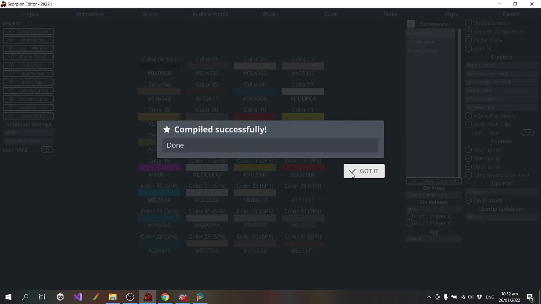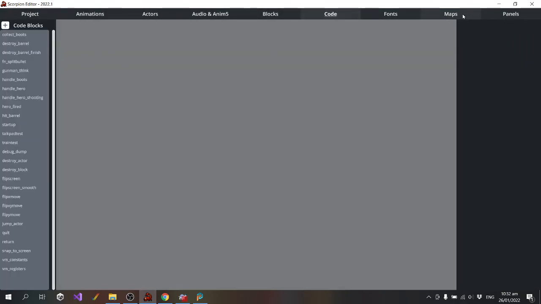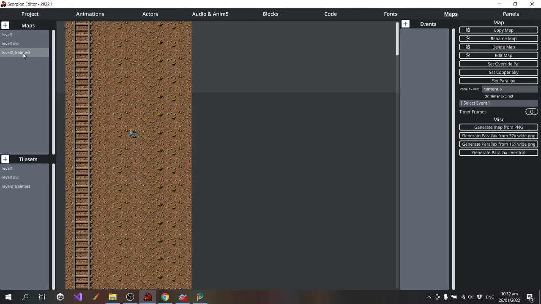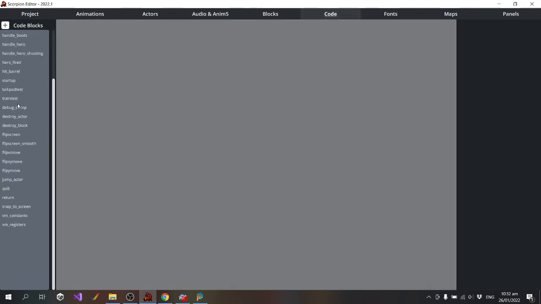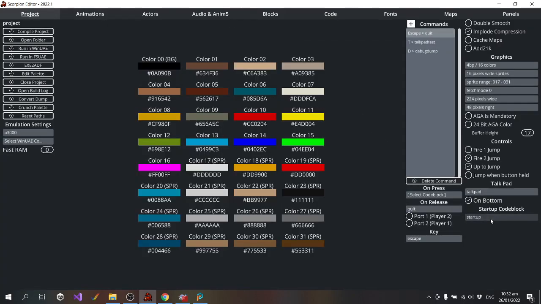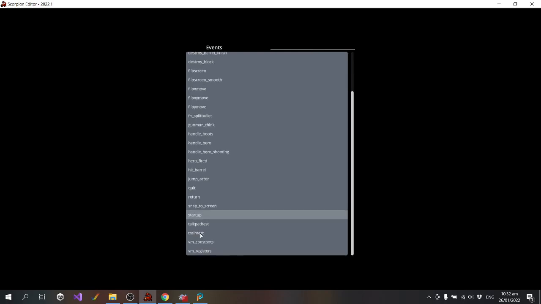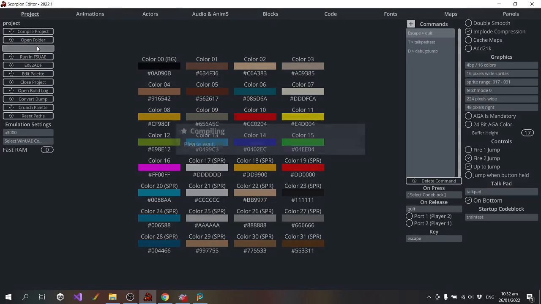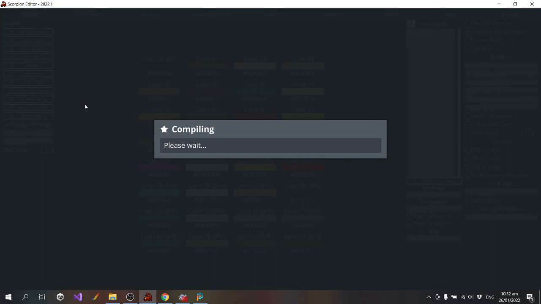One thing I did implement is the train on level 2. I can't remember if I've actually tested it. Okay, so if I set my startup to train test, hopefully it's going to do the level 2 train.